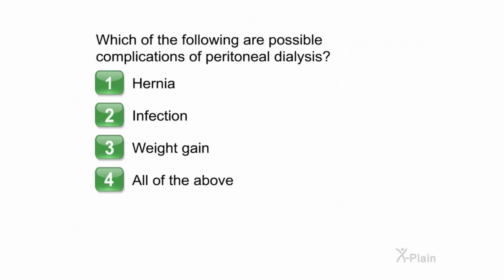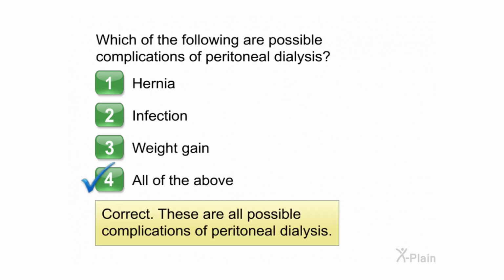Which of the following are possible complications of peritoneal dialysis? Choose one of the following options. 1. Hernia. 2. Infection. 3. Weight gain. 4. All of the above. Correct. These are all possible